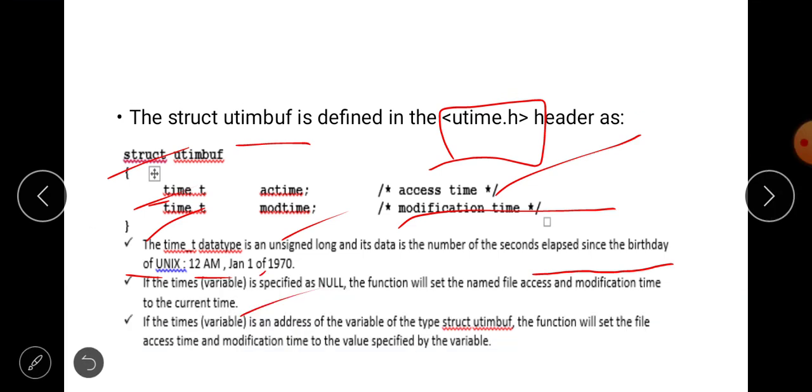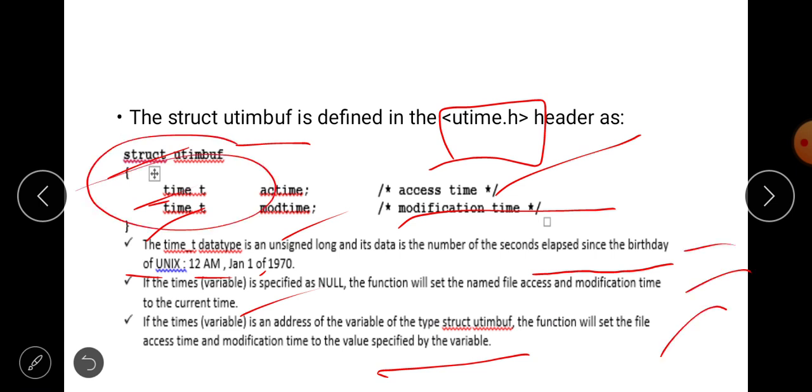If the times variable is the address of a variable of type struct utimbuf, the function will set the file access time and modification time to the values specified in the variable. This is the difference.